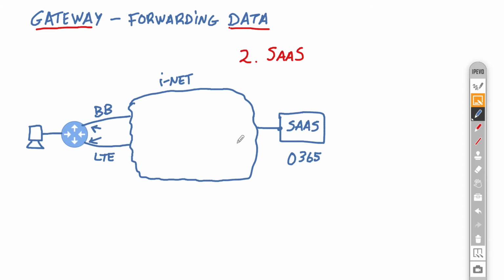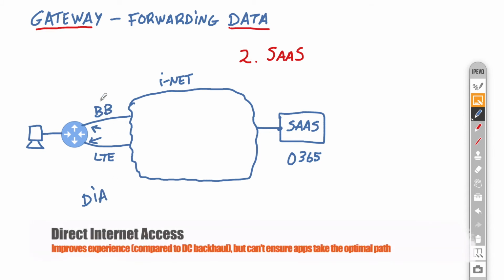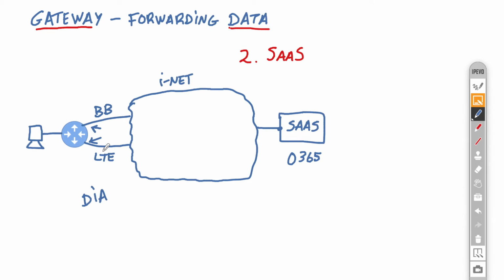Now, as you can see, because you're not actually using an overlay, we can't take a smart decision based on the performance of these circuits. Secondary, because we don't have the overlay, we cannot use remediation techniques in case the links go bad. So we can resort to a simple thing saying, hey, let's do direct internet access, DIA, split everything based on a policy who says I'm preferring broadband. If that's not working, use the LTE. Some vendors do some sort of an IPSLA, which is a crude way of achieving this,